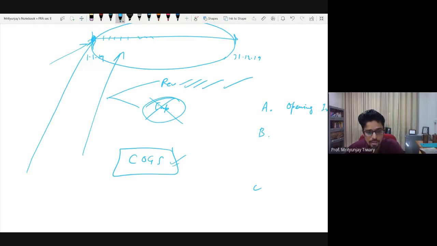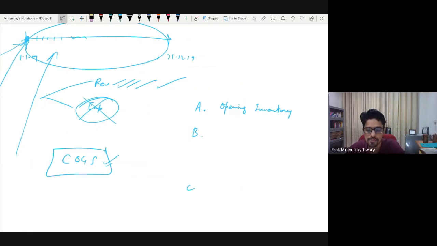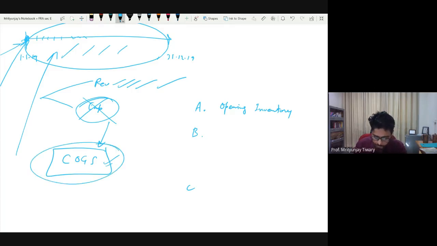Let's go ahead. What am I talking about here? We are going to find a shortcut to find cost of goods sold. This shortcut is needed because in real life we keep on selling very frequently, and it might be cumbersome, and in certain cases really difficult, to find exactly what cost was associated with each sale. To overcome this, we don't pass the entry for the cost every time a sale happens; rather we wait for the period to end. Once the period ends, in one go we find the entire cost of goods sold for all the sales in this period.